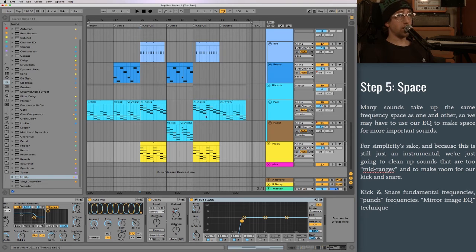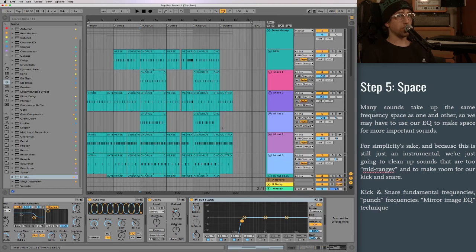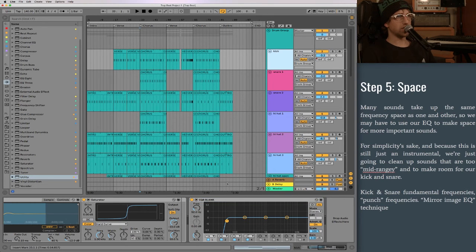All right, let's move on to space. A lot of sounds take up the same frequency space as one another, so we might have to use our EQ to make some space for the more important sounds. For simplicity's sake, and because this is still just an instrumental track that we're mixing, we're just going to clean up sounds that are a little bit too mid-rangey, and we're going to make some more room for our kick and snare. So what I'm going to do here is a technique called mirror image EQing, and it's just a simple way of saying that we're going to look at what is loud in our kick drum and our snare drum,